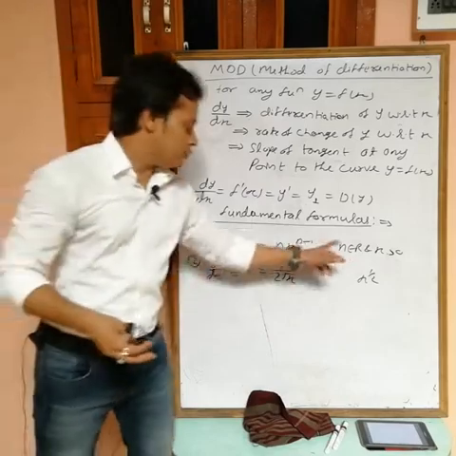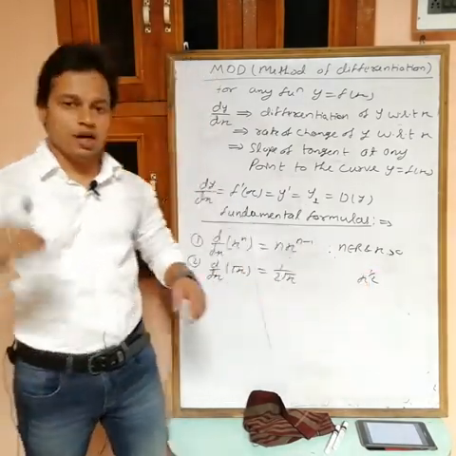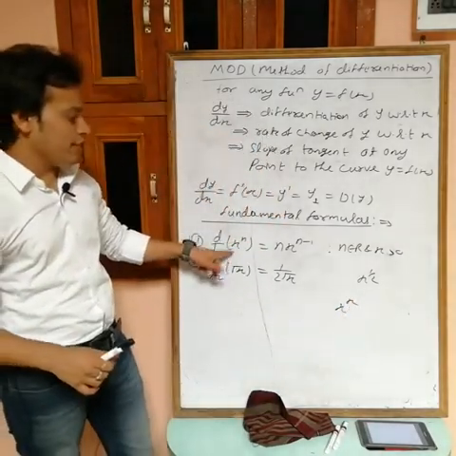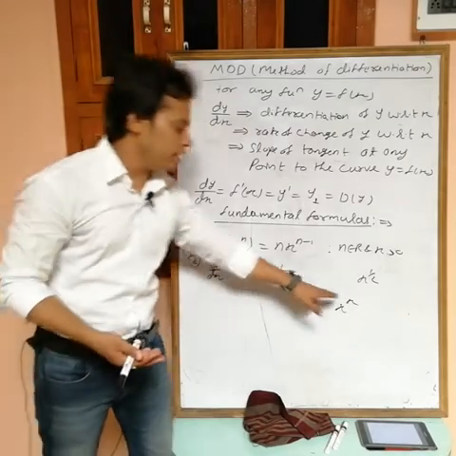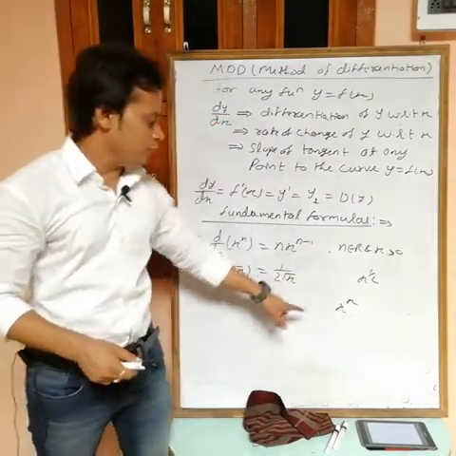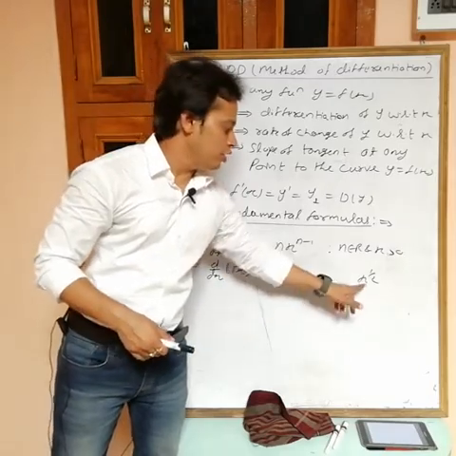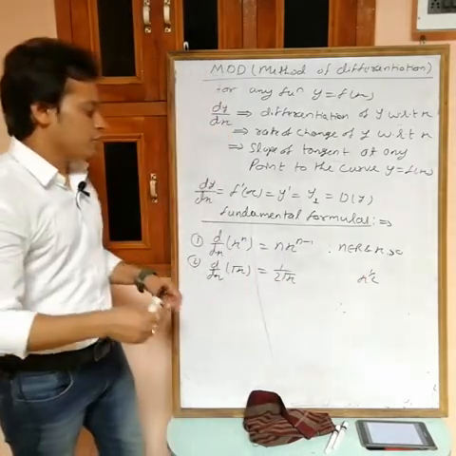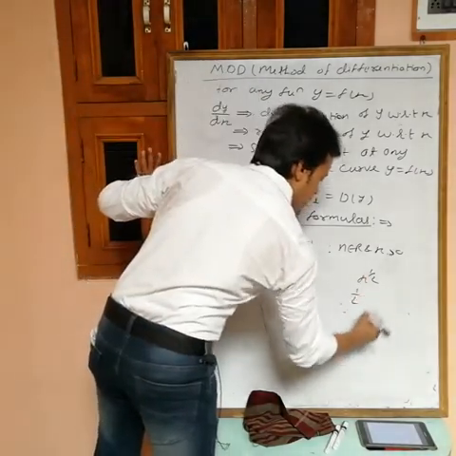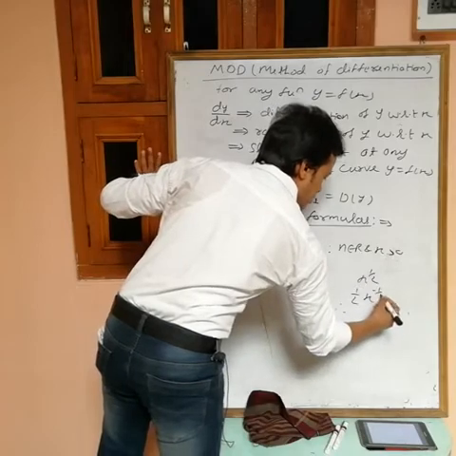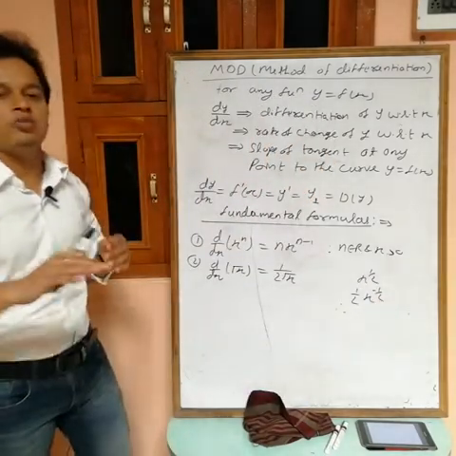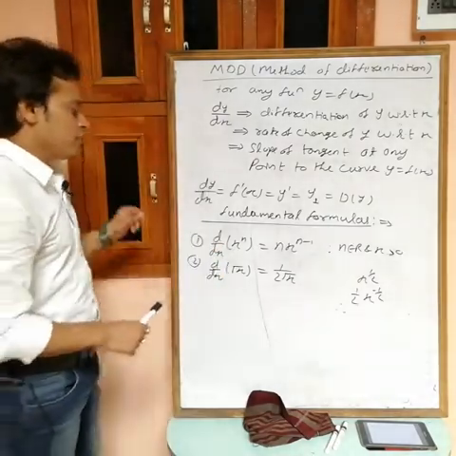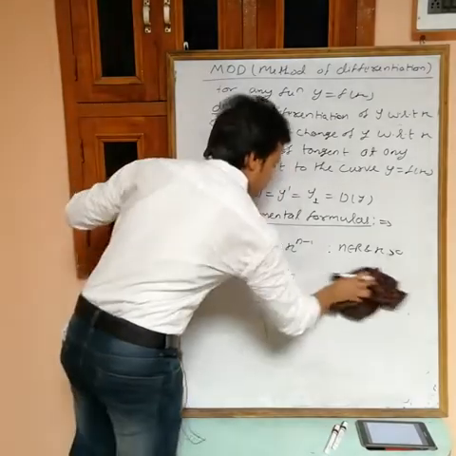In x power n form, n is any real number and must be a constant. If you have x power x, then you can't use this formula, because it is for x power n where n is a real constant and x is not a constant. You can use it only for x power any real constant. So using the formula, n is 1 by 2, x power n minus 1 is x power minus 1 by 2, which can be written as 1 by x power 1 by 2, and x power 1 by 2 is root x. So we get 1 by 2 root x. Remember this one.